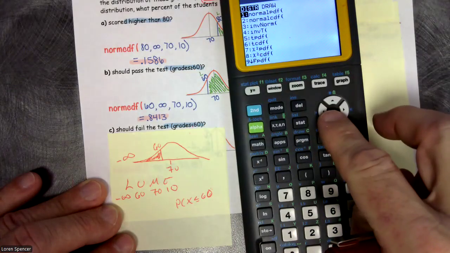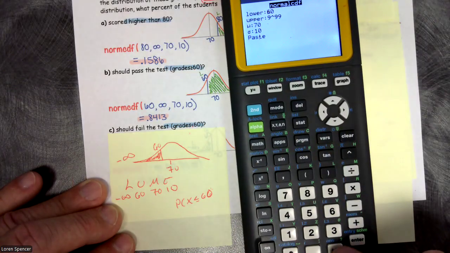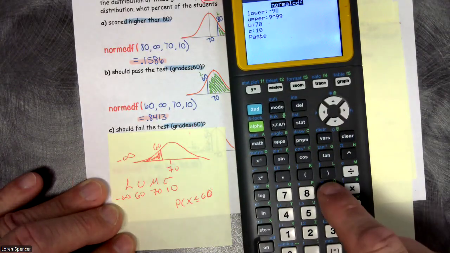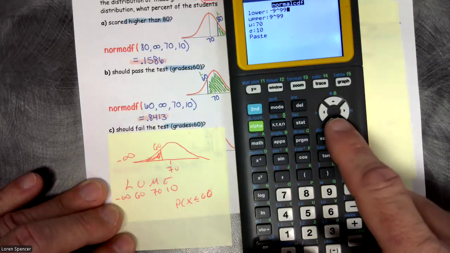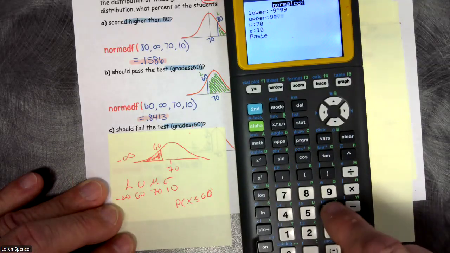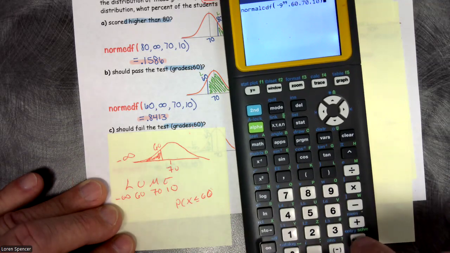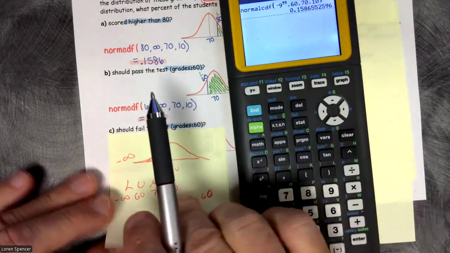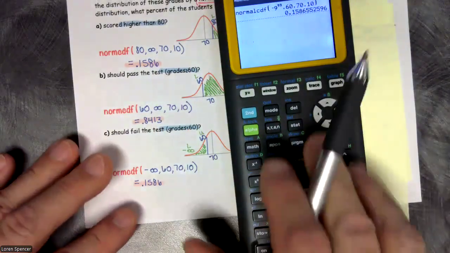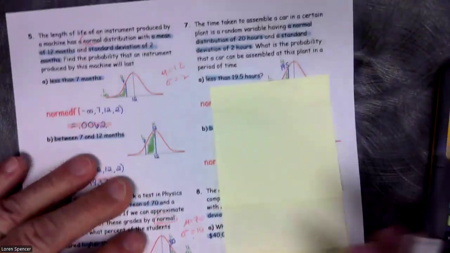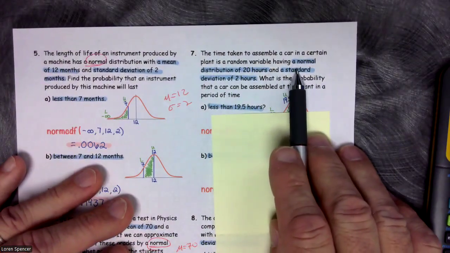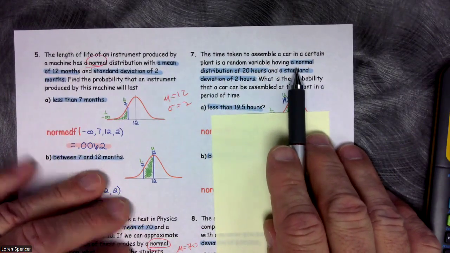So second vars, normal CDF, negative 9 raised to the 99th. Upper bound, we shaded up to a 60 because they failed. It's so sad. And we end up getting 0.1586. Number 7, the time taken to assemble a car in a certain plant having a normal